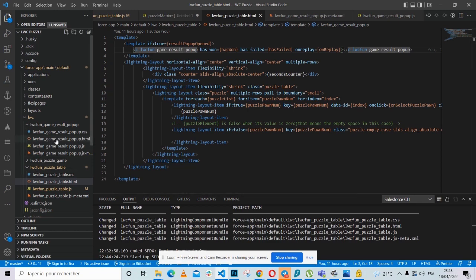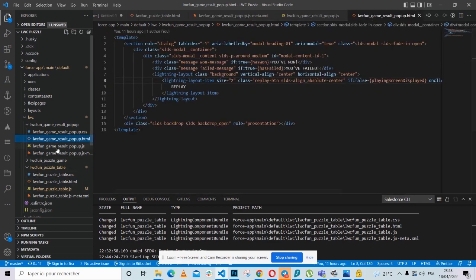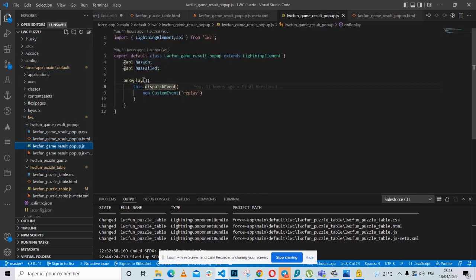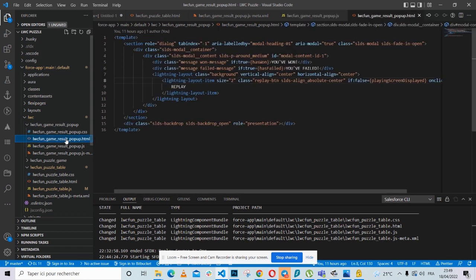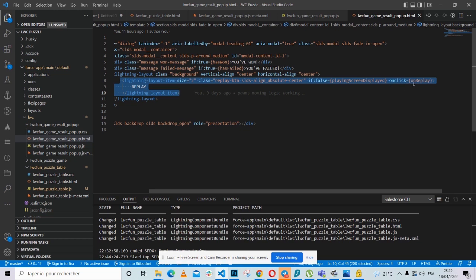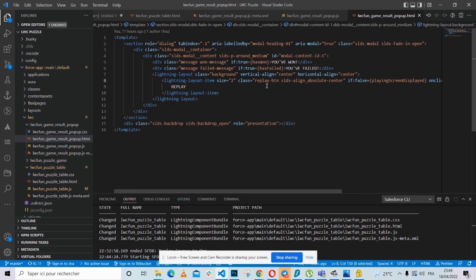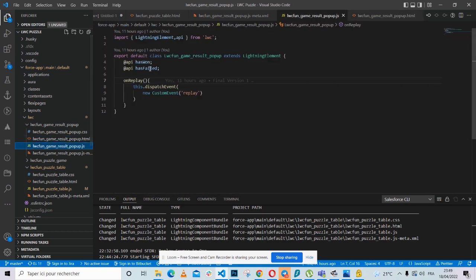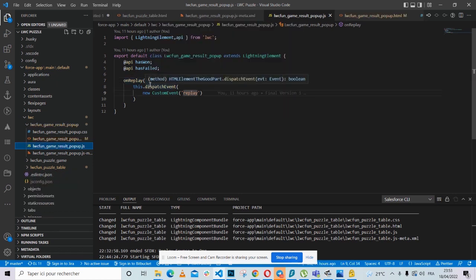Let's move back. Here we have the onReplay method. That onReplay method is executed once the user clicks on the replay button here on the UI. It's this one, the onReplay. Once the user clicks on the replay button, we execute that method, the onReplay method, and